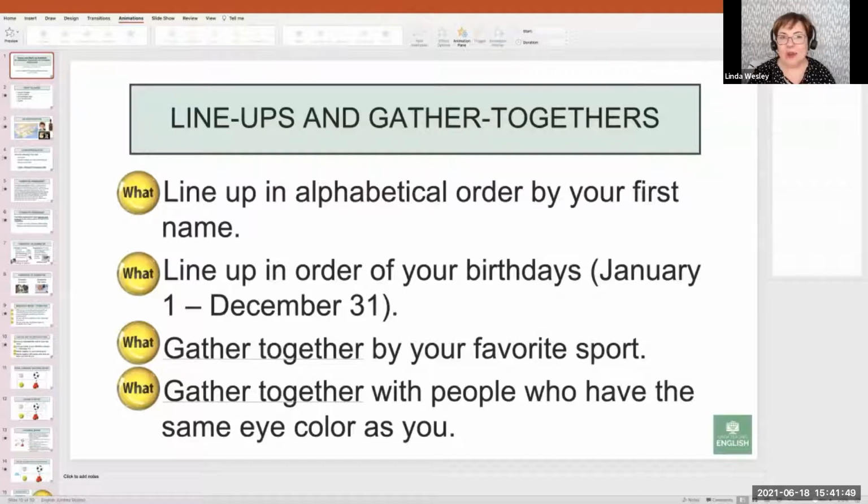All right, we've taken the same activity and taken it to a much higher language level. So when you're trying to differentiate in the same classroom, if you have a lower student, you could use one of these questions. If you want to challenge a higher student, you could go into one of these.